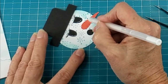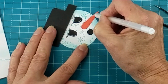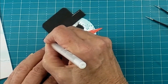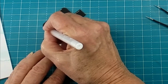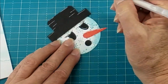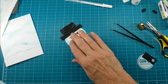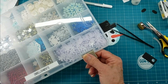And I'm going to put a little snow on top of the nose. And on top of my little hat. And I just make kind of little squiggly lines to do this. And then I'm going to put a little snowflake on. And I have my snowflakes in one of these